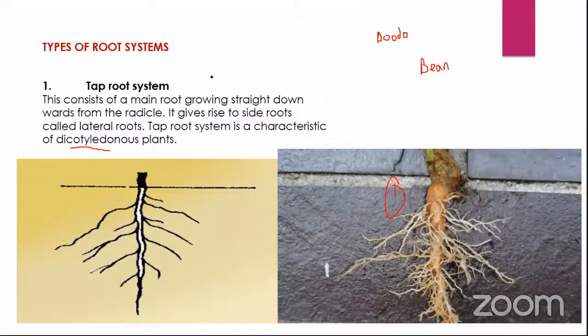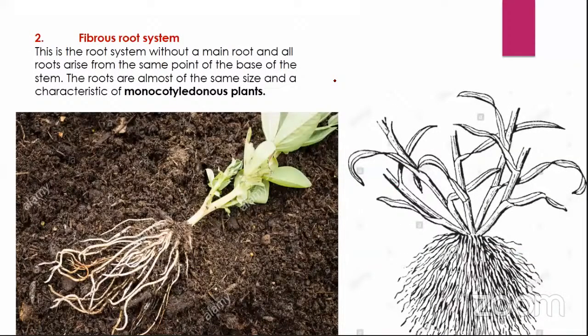Then secondly, we have what we call a fibrous root system. Now, this root system doesn't have a main root, but rather almost all its roots are of the same size. And I've already told you that if you want to picture what we mean by a monocotyledonous plant,